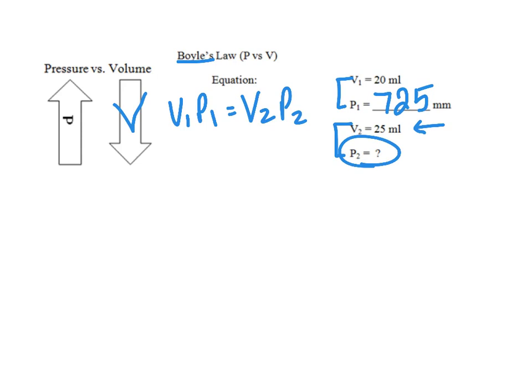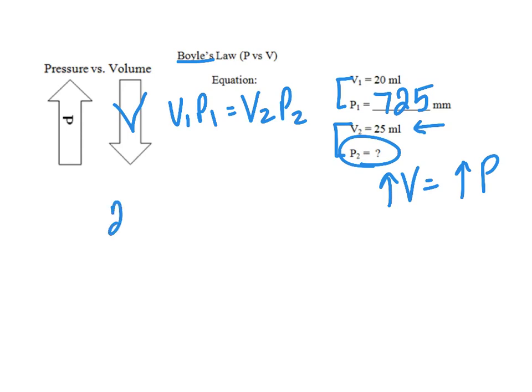So from V1 to V2, the volume is going up. So we said these variables are opposite each other. So in this particular problem, if volume is going up, our pressure ought to be dropping, because the only way for that gas to expand is if it doesn't have as big a squeeze on the outside. So all we're going to do is plug these numbers on the right into that equation.